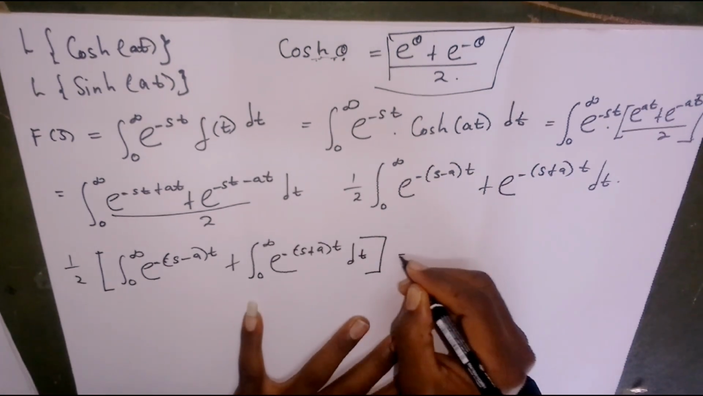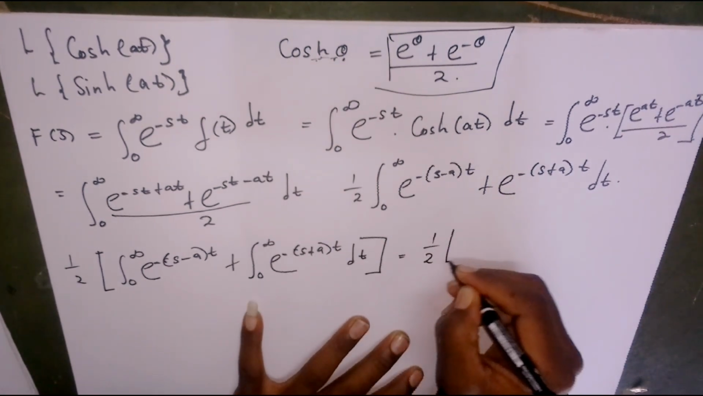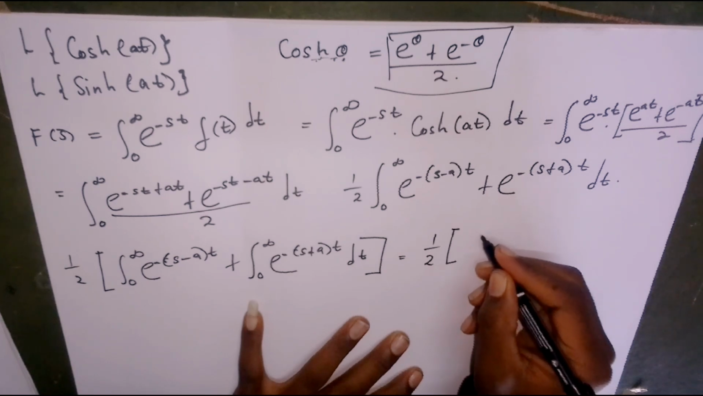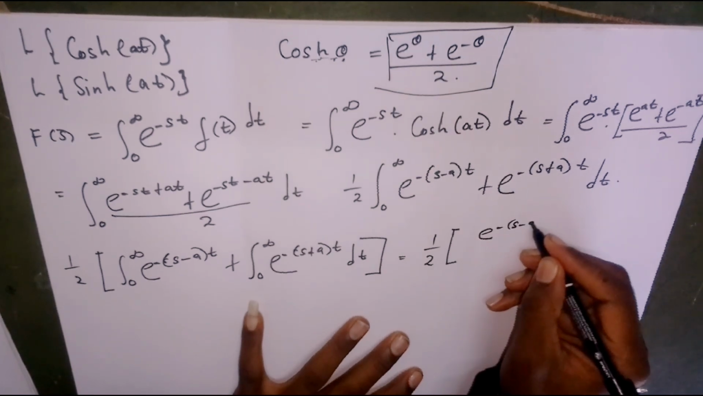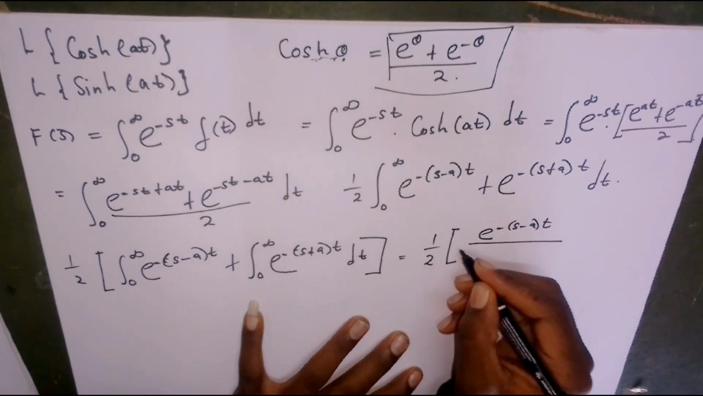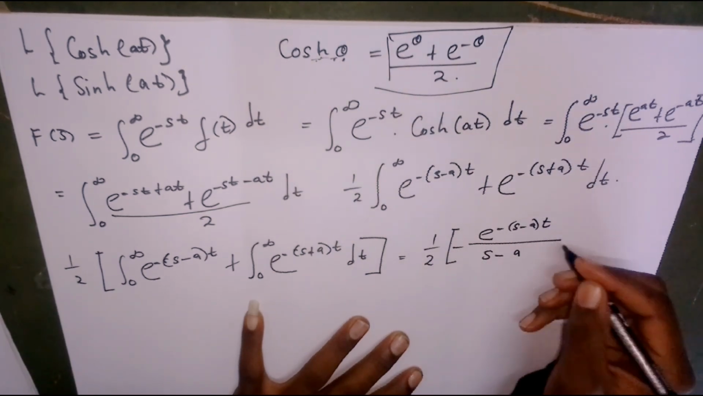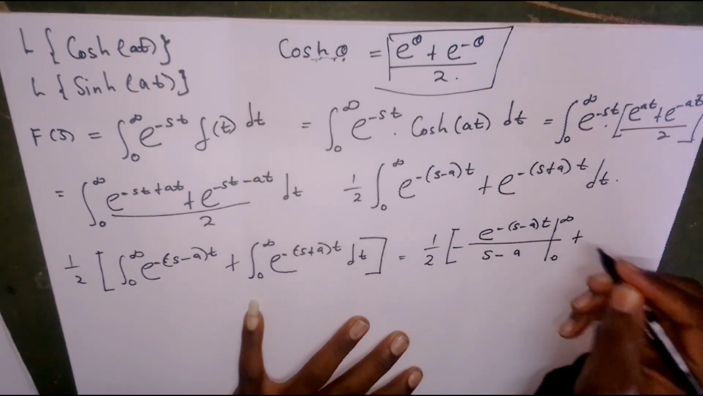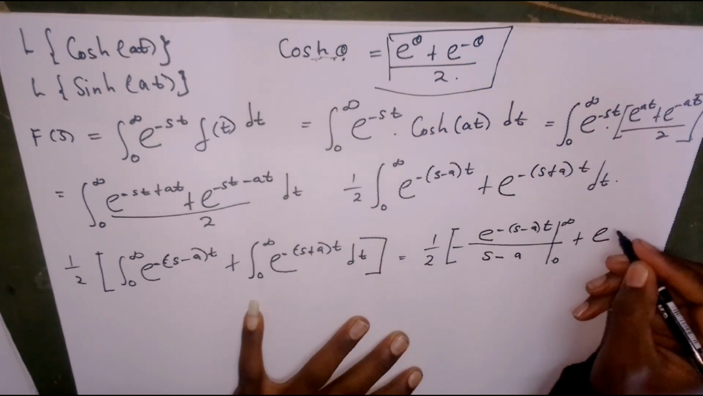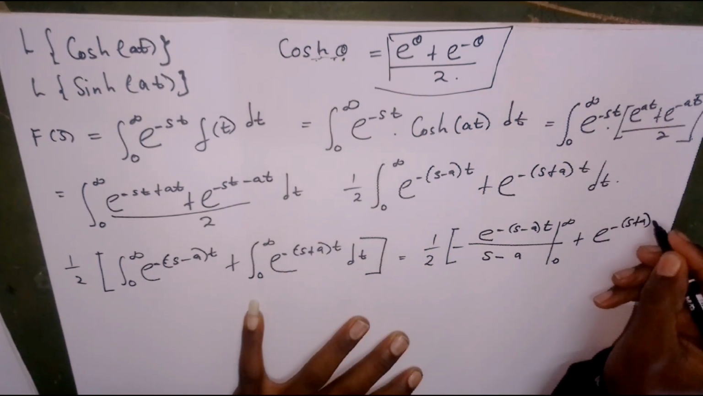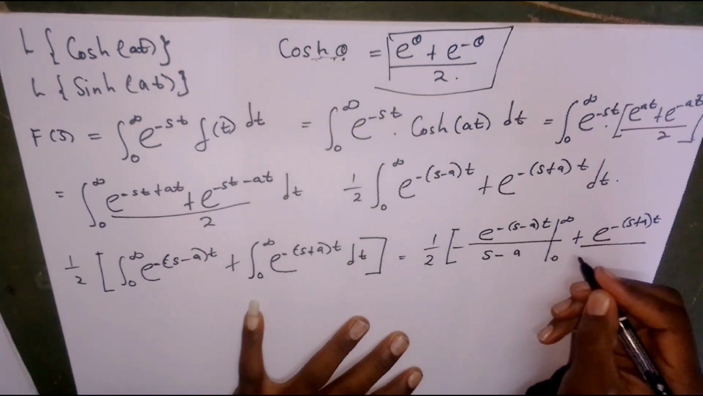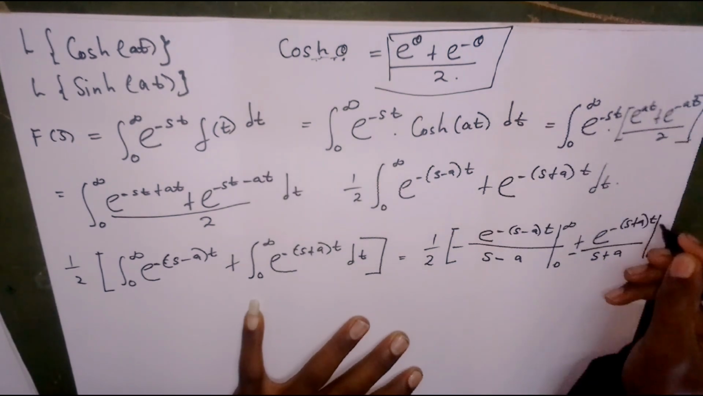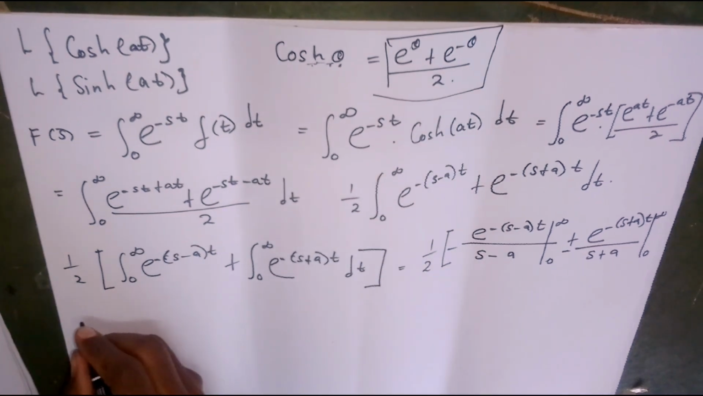So now it's equal to, then we can write our half here, and then if we integrate inside this bracket, we are going to be left with e to the power negative (s minus a)t all over negative (s minus a), with our lower limit 0 up to infinity, plus what we are going to get here, e to the power negative (s plus a)t all over negative (s plus a), with limits 0 up to infinity. So we are going to be left